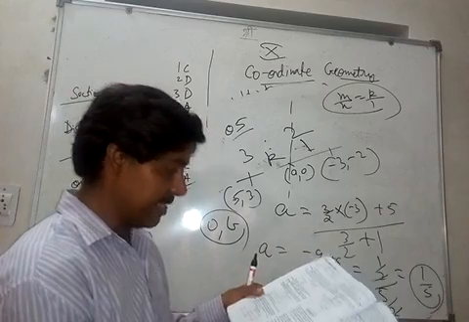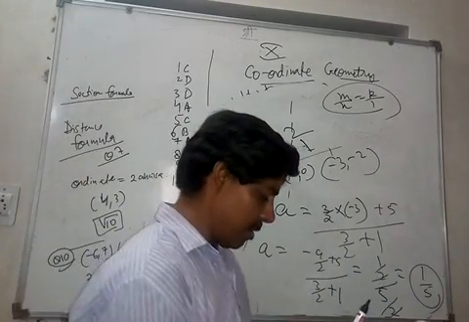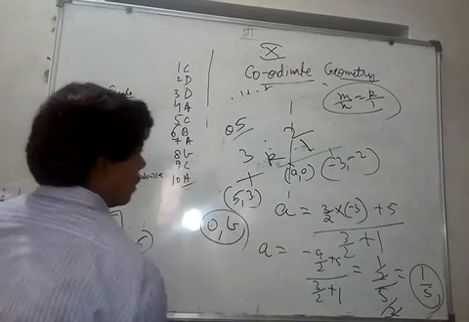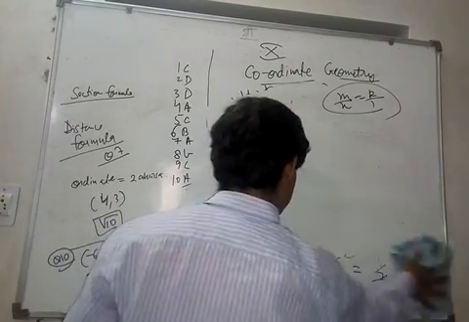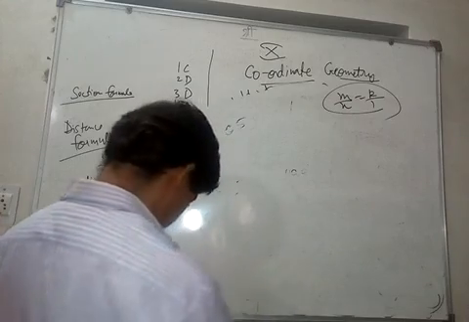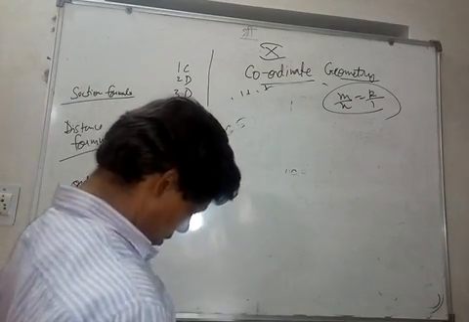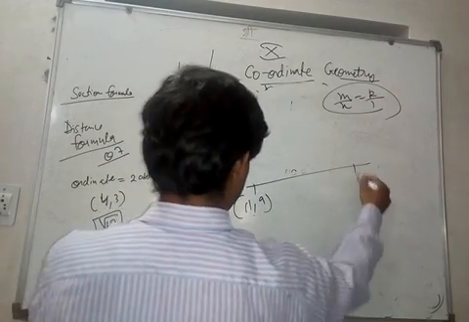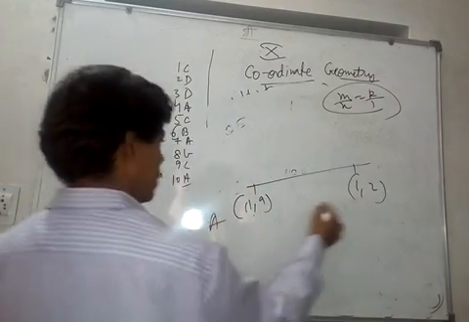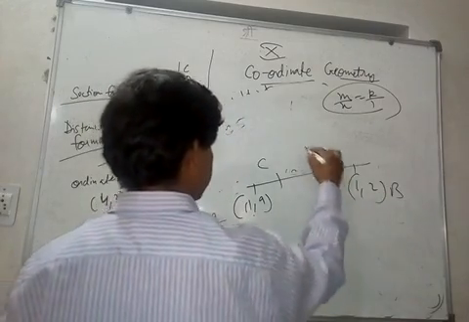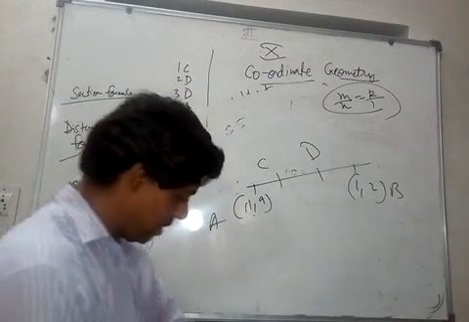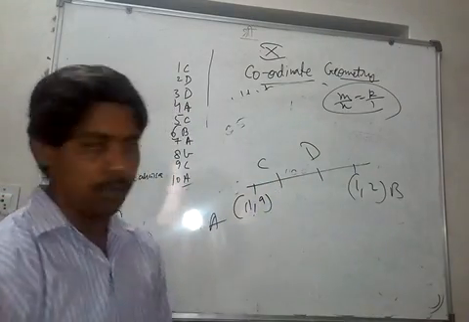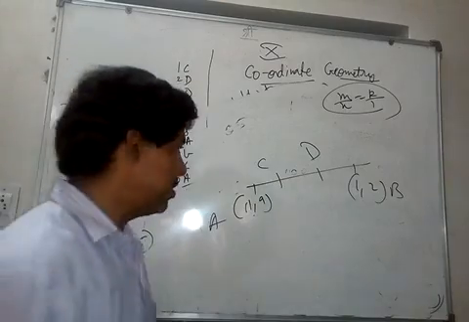So let's do one question for trisect. Question number 9 here. Find the coordinates of the points which trisect the line joining the points 11, 9 and 1, 2. Okay. So this is the line here. We have to find the coordinates of the points that trisect the line joining the points 11, 9 and 1, 2. Suppose this is A, this is C, this is D, and this is B. So you have to find the coordinates of C and D such that AC is equal to CD is equal to DB. Right? So what is the ratio? You have to look at this.